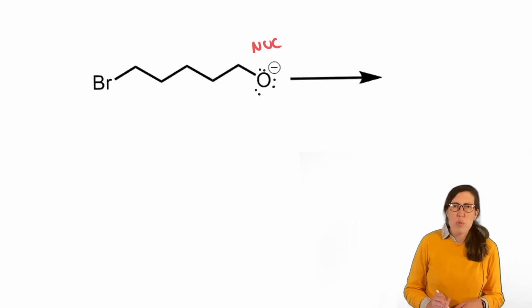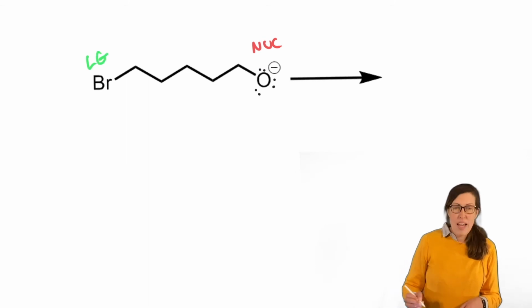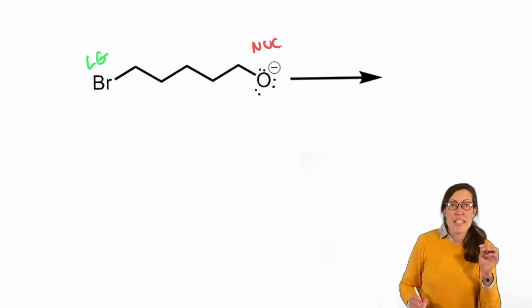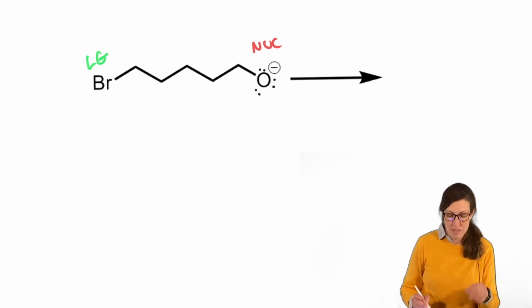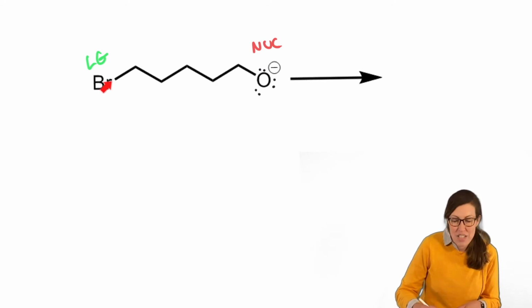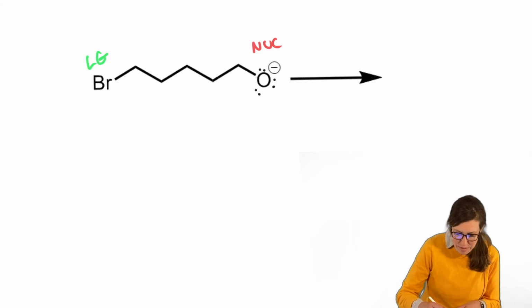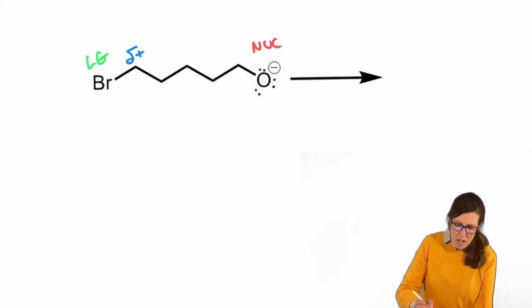Where is a leaving group? Do we see a leaving group? Yep, bromine. Hey, we have the nucleophile and the leaving group in the same molecule. That means the substrate must also have the nucleophile. So remember, you find the leaving group, you say, okay, the carbon attached to the leaving group is the one that gets attacked by the nucleophile. That's where we put our delta plus, to show that it's about to be attacked by that minus.